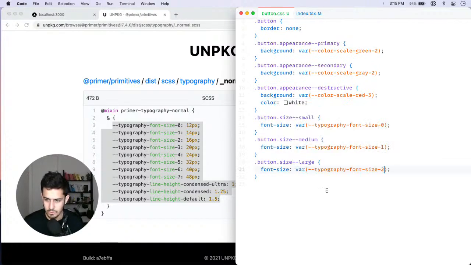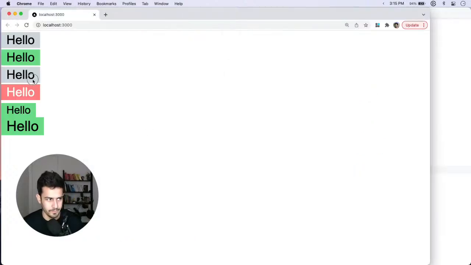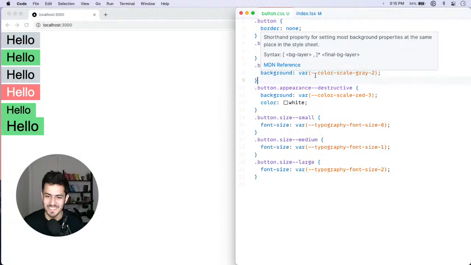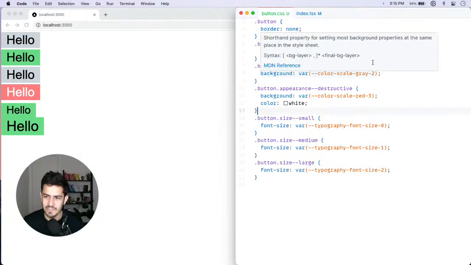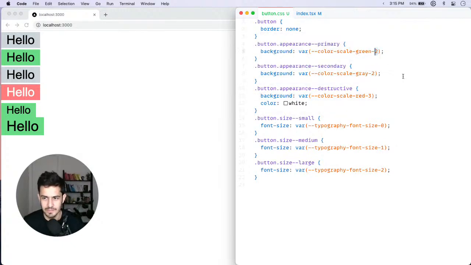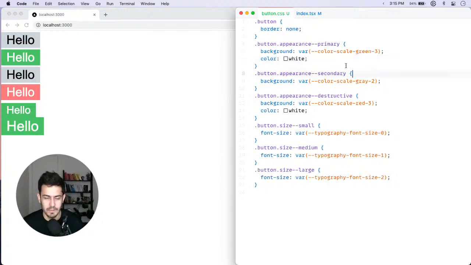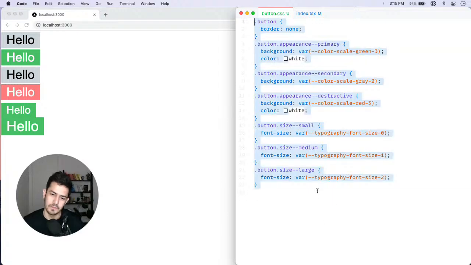Variable 2. Okay, all good. Yeah. And of course the buttons look ugly, but that's okay. Okay, the green one maybe. I like 3, and then color needs to be white with that one. Perfect. Okay. So this is what I want to generate,